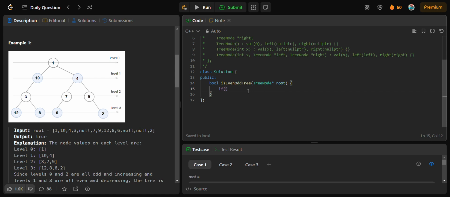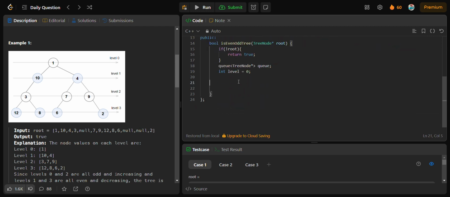So first of all, we will check if root is null or not. If root is null, then we will return true. Then we will create a queue of tree node. Let's call it queue, and then we will create a level variable. Let's assign it 0 value. Then we will push root node to queue, and we will implement a while loop. So while queue is not empty,